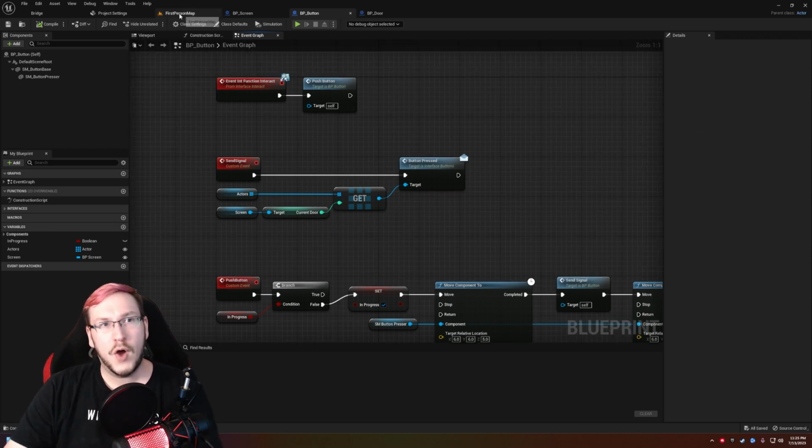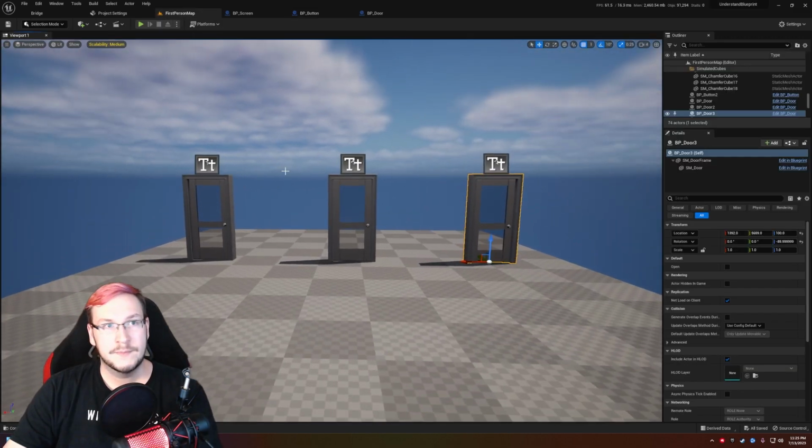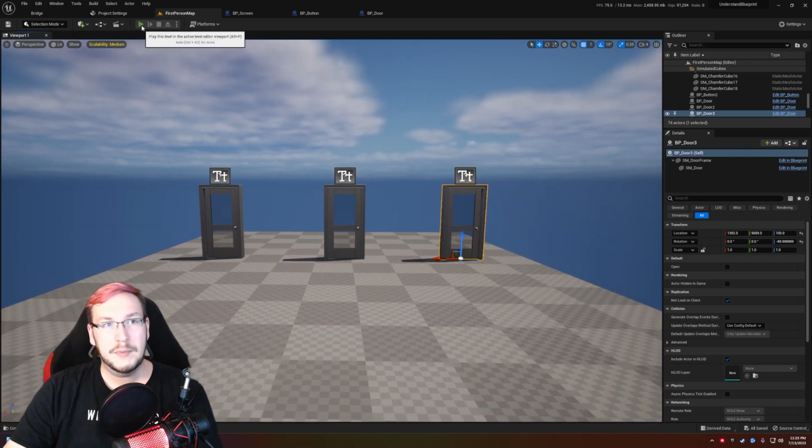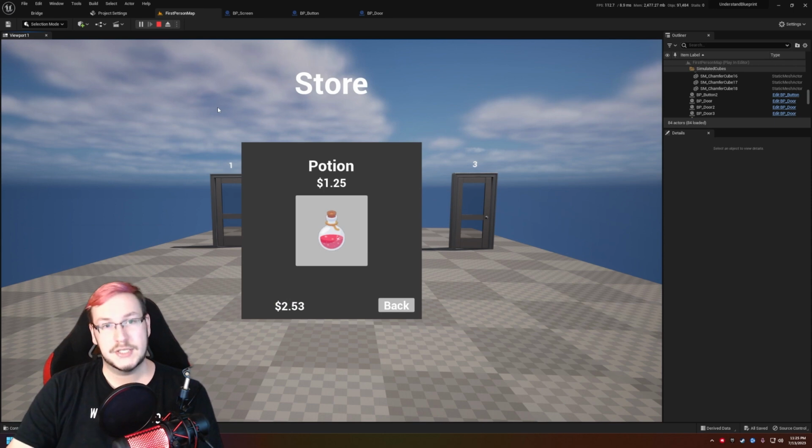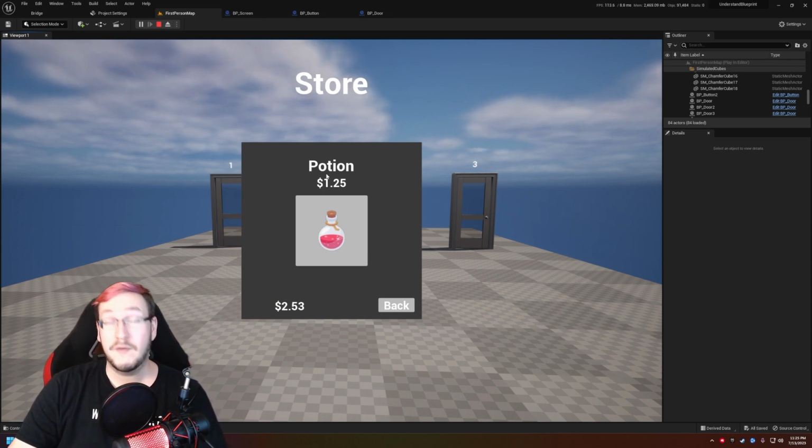However, let's move on to floats. Something that you probably see floats in a lot is money. Well, I've created a little store system here. You can see that when I hit this button, the store pops up. We have a potion for $1.25 and we have